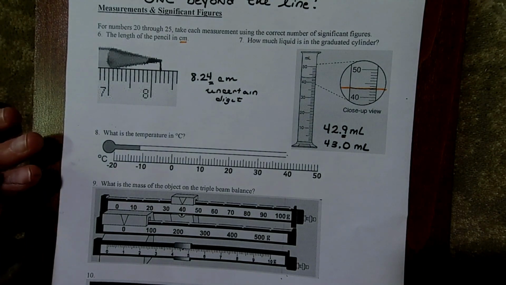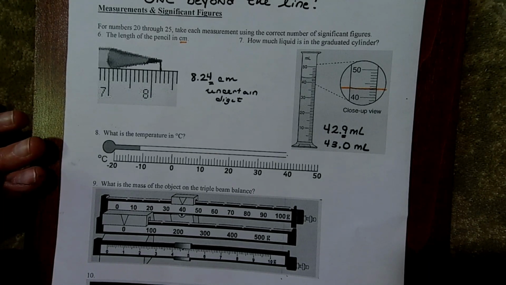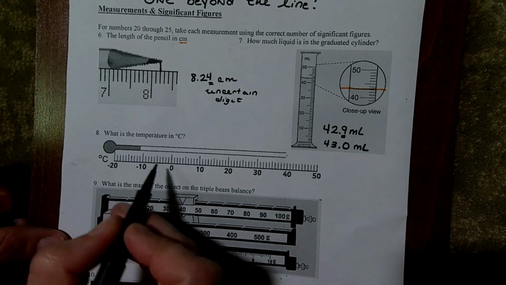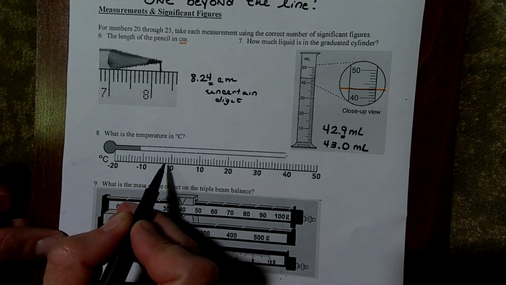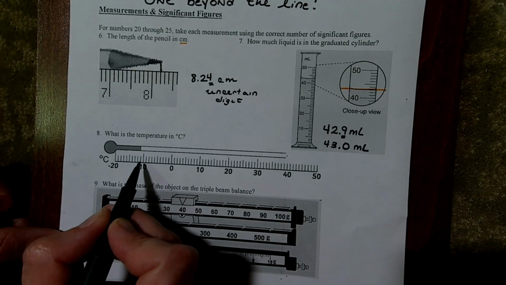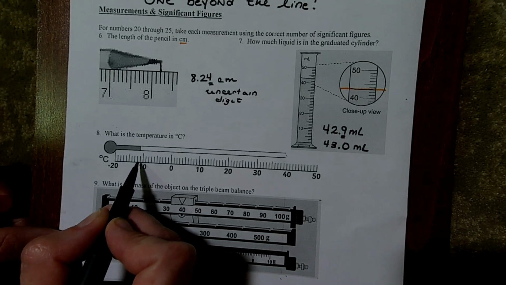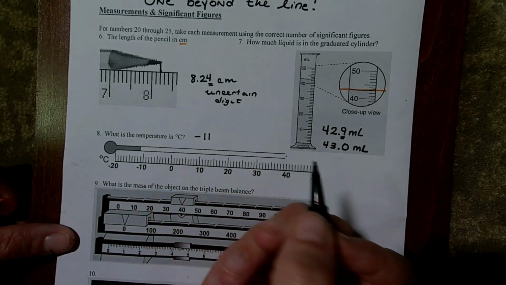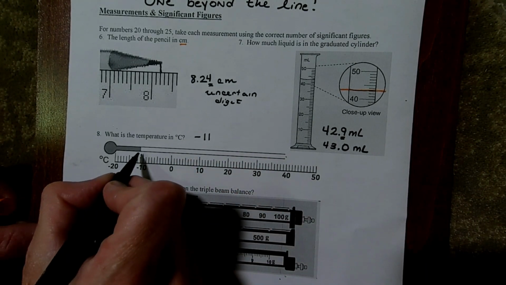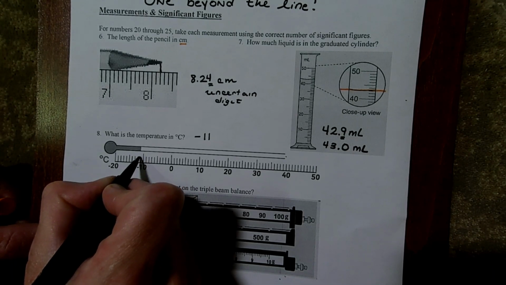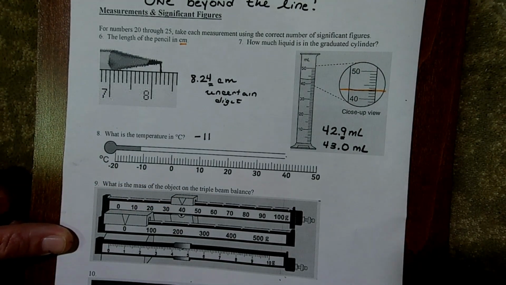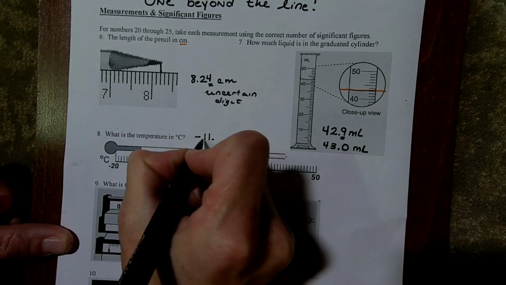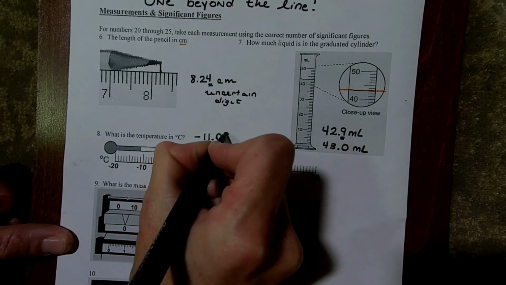The thermometer that we see down here is also marked by tens, and as we move towards the left, it's kind of like a number line, right? The values get smaller and smaller. So we have -10 and -11. So again, most students will tell me we're at -11 degrees Celsius. And then if you're thinking it's exactly -11, since it's marked by ones, you better write down -11.0 degrees Celsius,